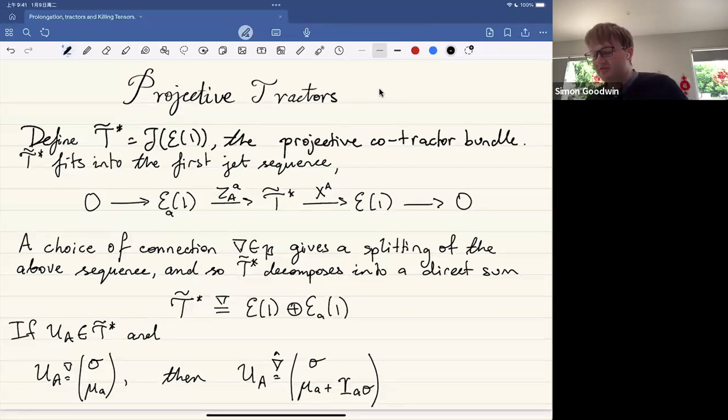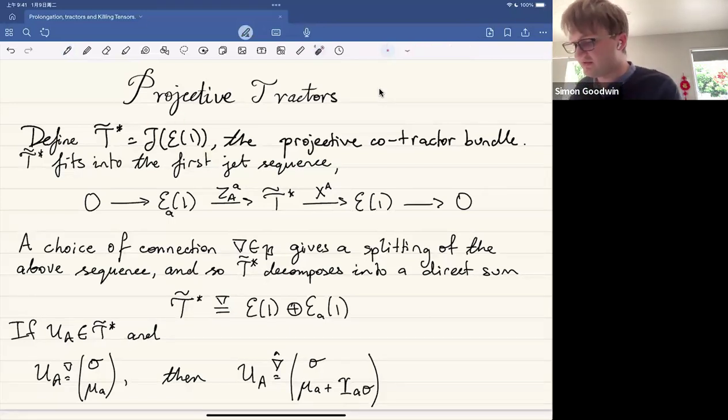So what can I do? Well, there's this wonderful machinery that I can use called tractor calculus. So of course I've got to get a little bit of this in here. And so what I'm going to do is set up the projective tractors and then tell you how we can use this to prolong our killing equation. So in order to define our tractor bundle, I need these weighted functions, and I need their